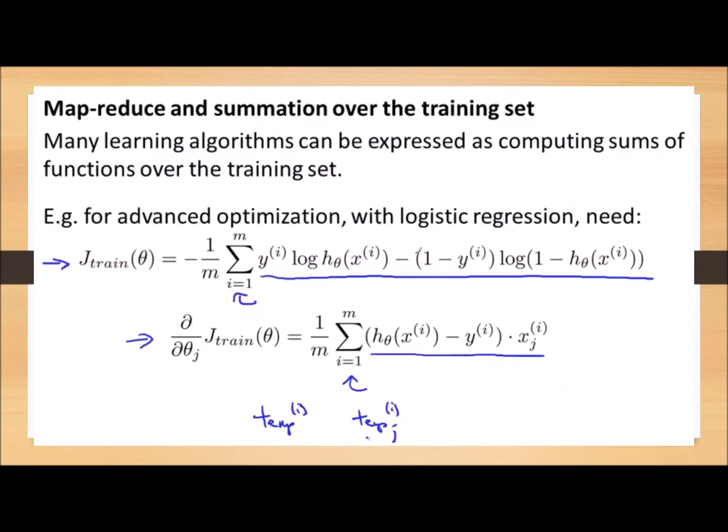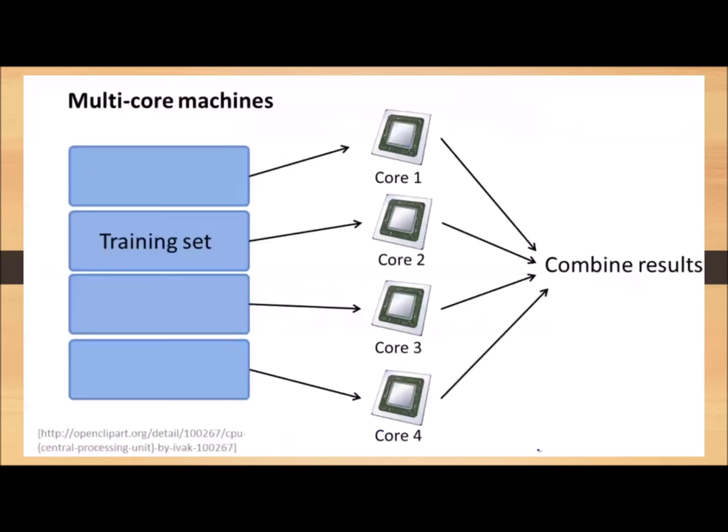Until now we have discussed linear regression batch gradient descent only, but this concept can be applied to advanced optimization techniques for neural networks, and even for logistic regression we can use the same concept. Whenever we have difficulty with the computation, we can split our data across 4 computers or n number of computers, and we can add all the results in the master computer.